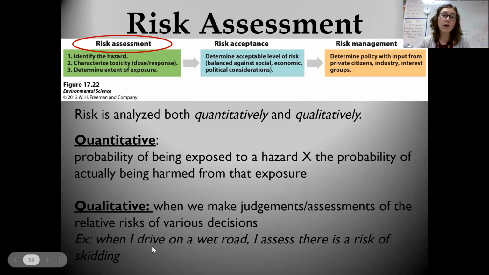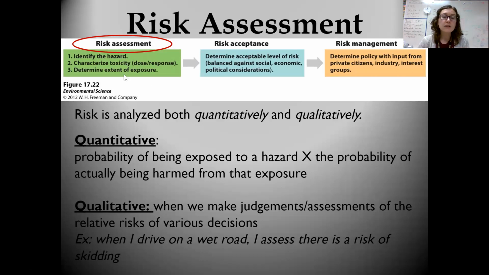All right. We can also evaluate qualitatively, and I'm sorry that bottom left corner is super hard to see. This is when we're looking at it subjectively and saying, is this going to cause me harm or not? So if I say, okay, it is raining outside, I can use my mind and make a hypothesis that it's more likely that I could get in an accident due to skidding or hydroplaning. This is something I know. There's no math involved, there's no statistics involved, but I just know from my lifetime experiences that this is a risk that could happen in a given situation.